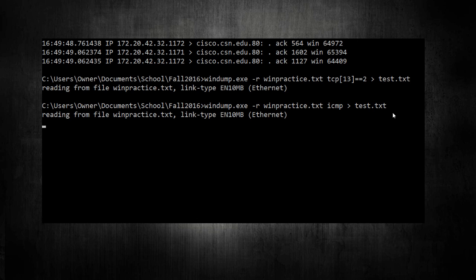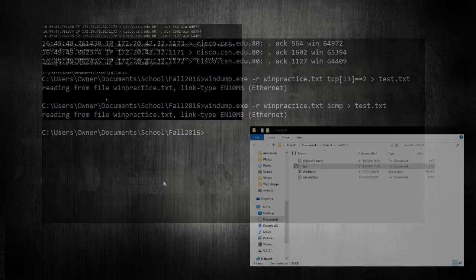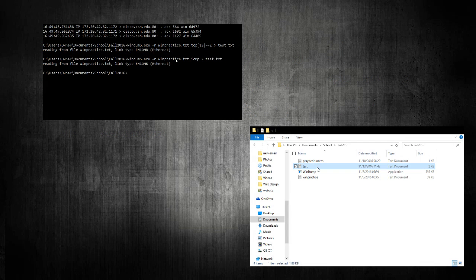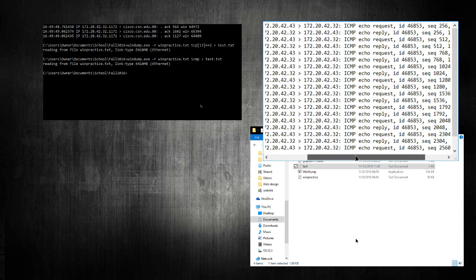It doesn't ask you, hey, are you sure you want to overwrite? You gave it the command, so it's going to overwrite it. So now it just went through, and if we open this test file, instead of those two TCP packets that had the SYN flag, now we got a bunch of these ICMP echo requests again, just like we saw earlier.